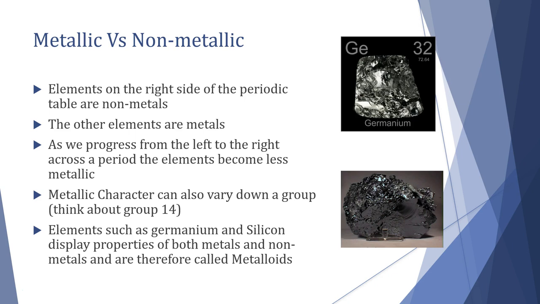So the first thing that we need to point out is this idea of metallic versus non-metallic. Hopefully by now you're familiar with the idea that the majority of elements in the periodic table are metals. We have a small number of metalloids and non-metals. The left-hand side of the periodic table tends to be more metallic. As we move across to the right-hand side, we hit our non-metals, and then we can predict the types of bonding from this. So essentially, a metal is defined by its ease with which it's going to lose its valence